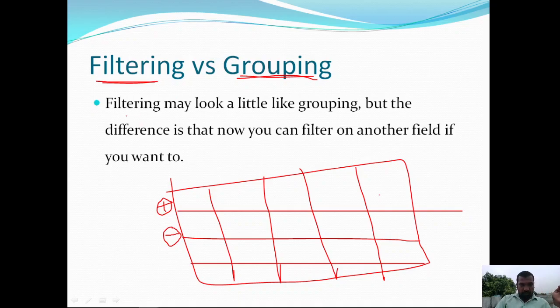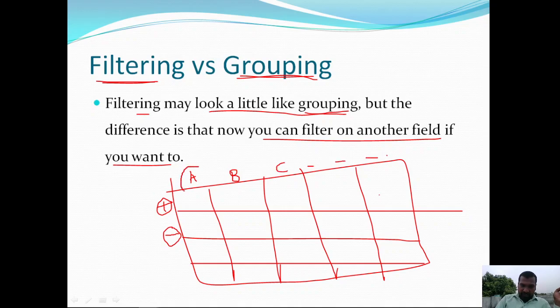Filtering may look like grouping, but the difference is that now you can filter on another field if you want. For example, this is column A, this is column B and column C and so on.